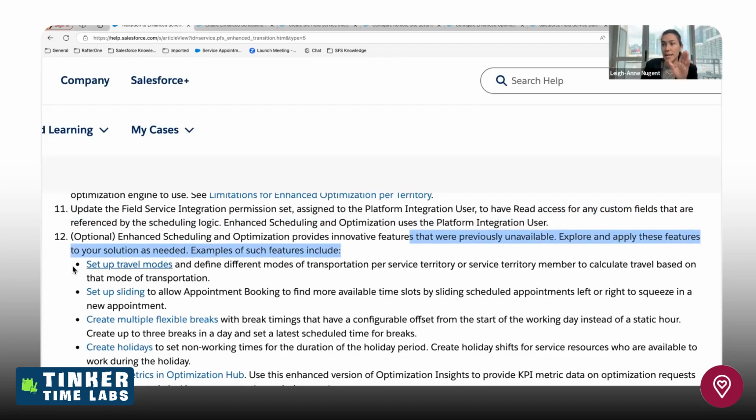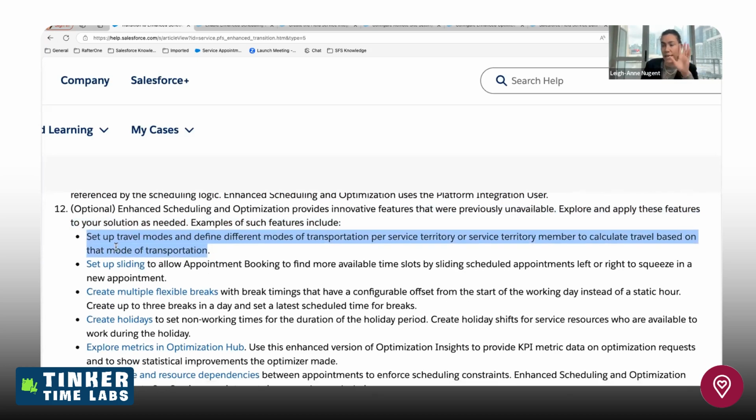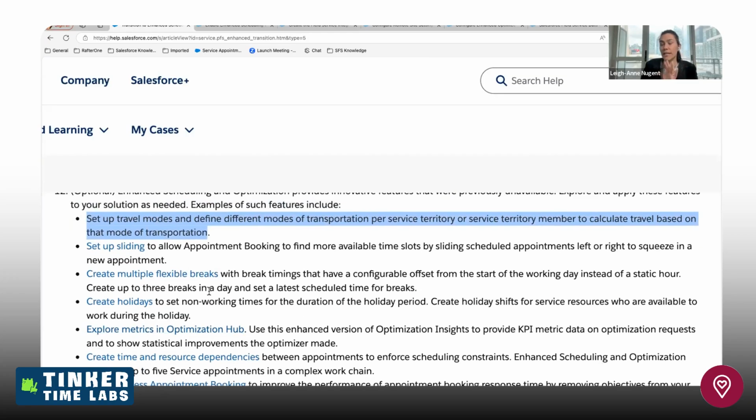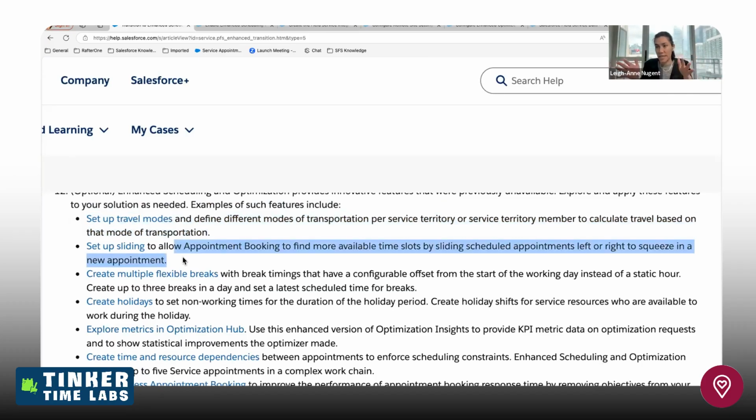Okay. Taking off travel modes, taking off all of these really cool features. And I loved the travel mode because if there's like a commercial truck that you're working on or you want to avoid toll roads, it's very cool. Sliding was also cool because it could scooch an appointment if there was space